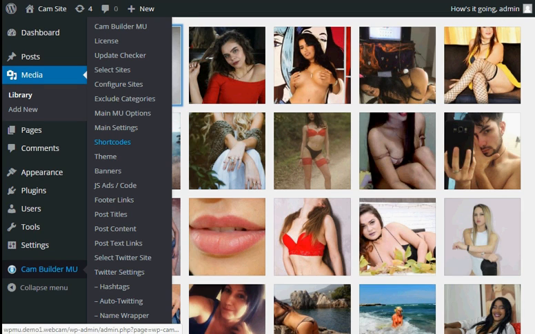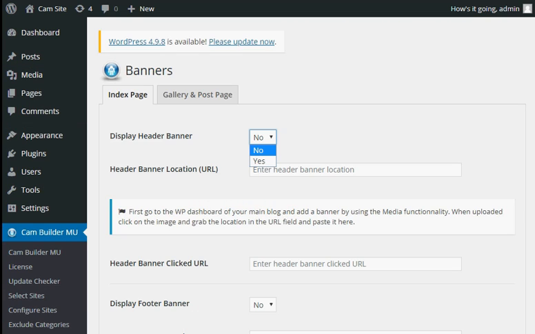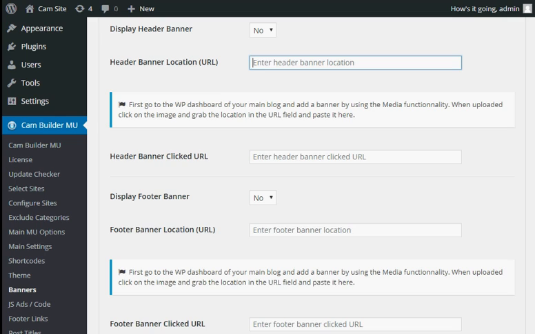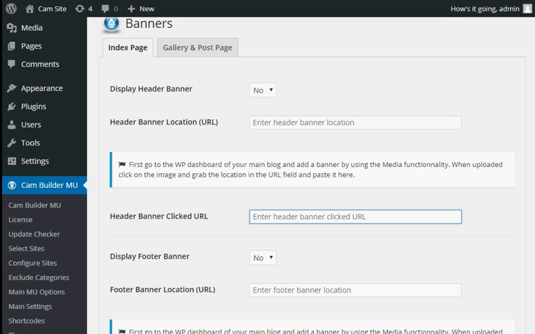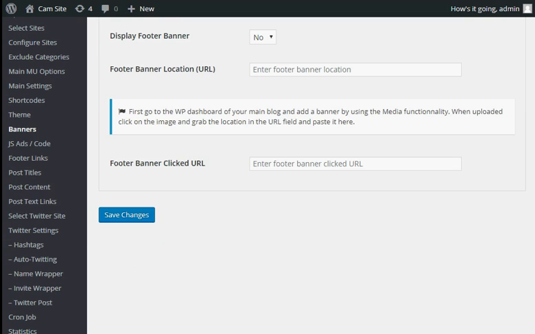So then you use that URL in banners. You need to enable it. You put the URL, you put the URL of the link you wish to be clicked, and you do the same for the header, the footer, and in the gallery and post page. You have the same option